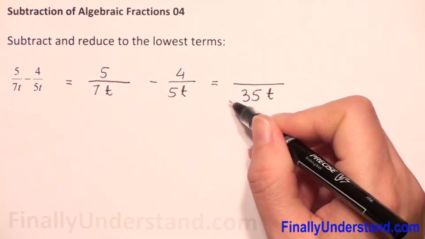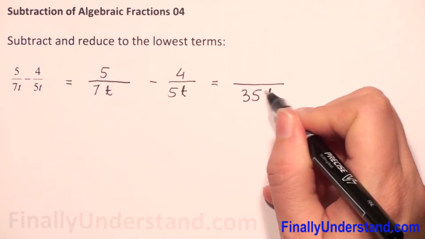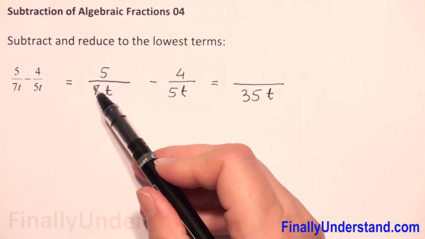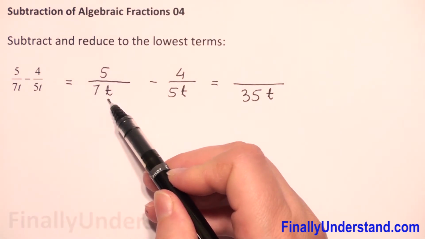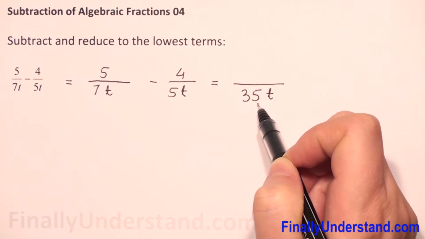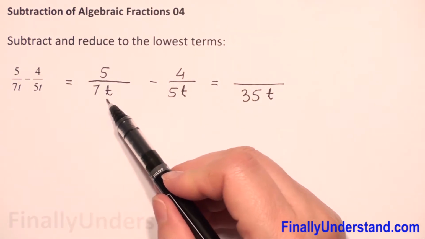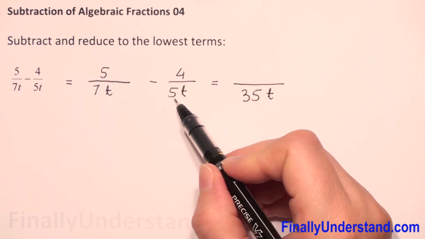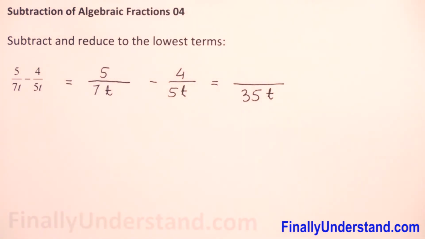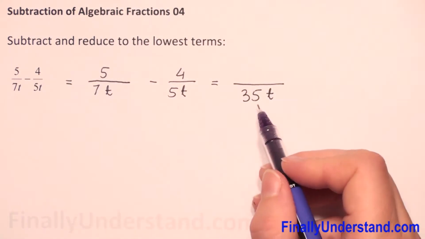Always in the denominator we need to have an expression which is divisible by the first denominator and by the second. 35t is divisible by 7t and by 5t. So everything is okay. And now, because in the first denominator we have only 7 and now we have 35,